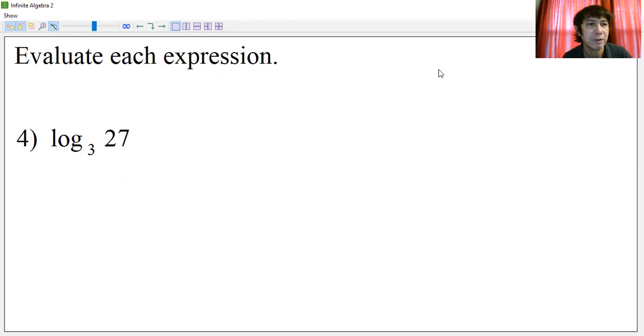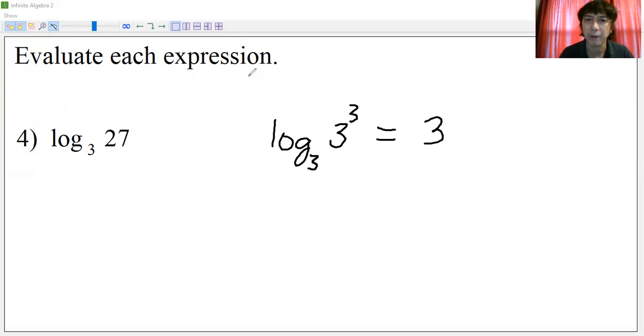All right, let's continue with number 4. We have here logarithm of 27 base 3. Now 27, we should be familiar with our numbers. 27 is expressible as 3 raised to 3. And so we can actually write our answer, logarithm to base 3. We can write this as 3 to the 3. By the same property we're using, the answer here must be 3 there. And so the answer must be 3. Let's verify. You should be able to verify this.